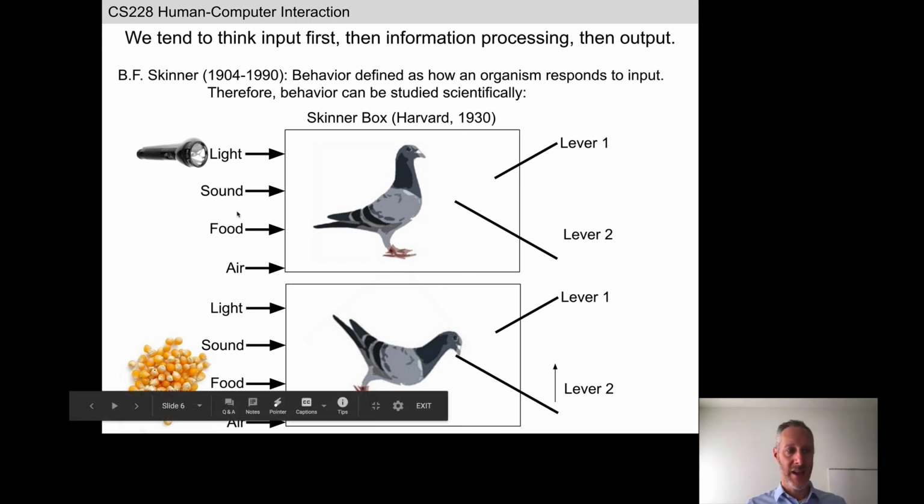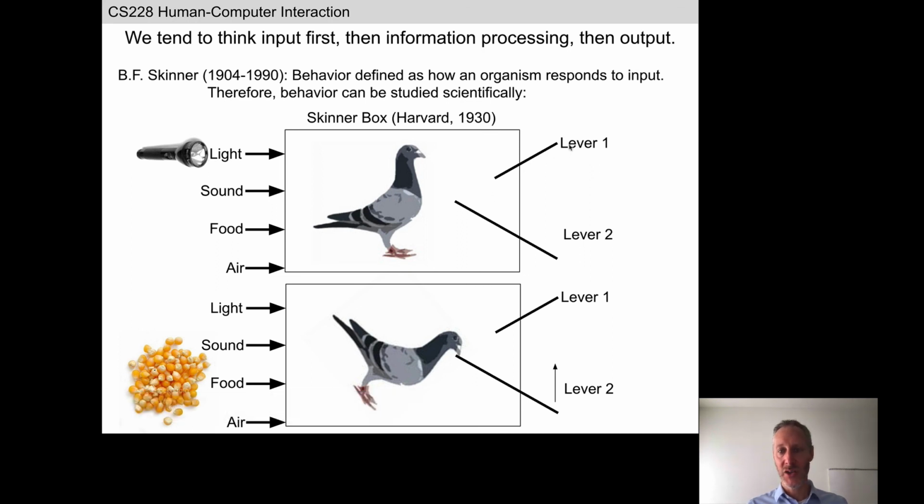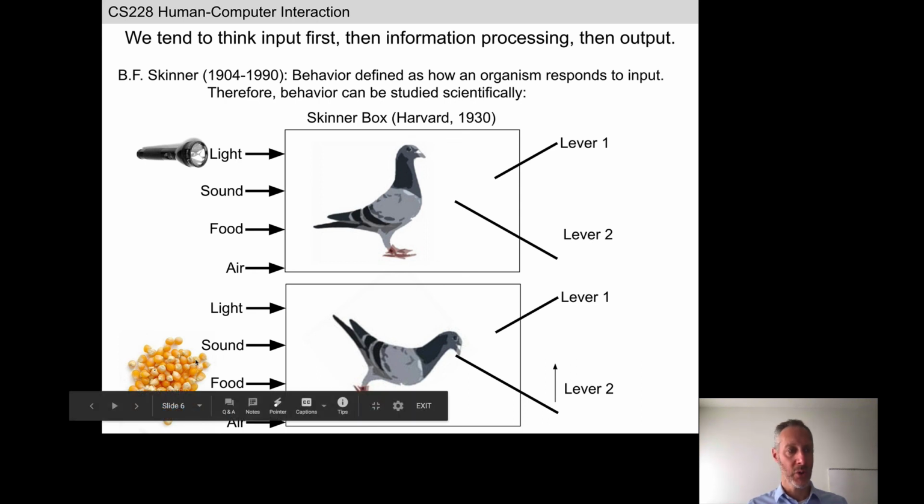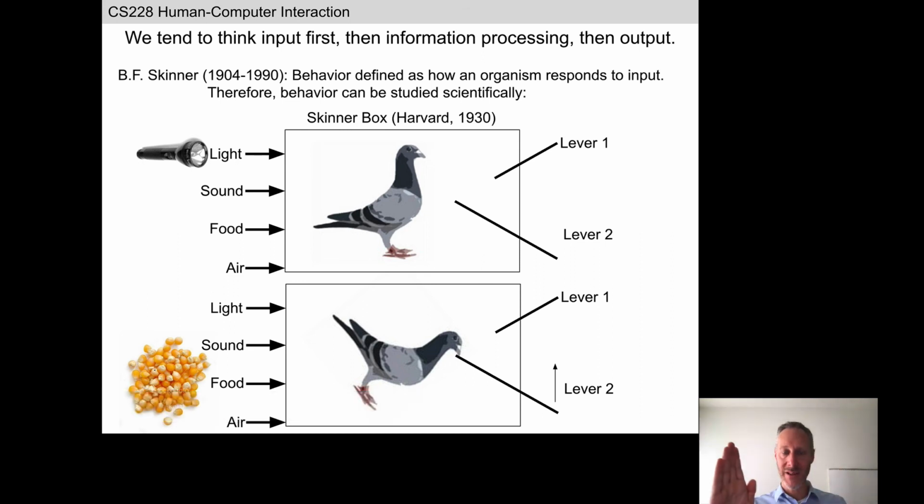Imagine I gave you a data set, which is the times at which we turned on the light, the times at which lever 1 and or lever 2 went down, and the times at which we input the food, and you were able to see those events occurring over time. What would you look for in the data to convince you that this animal is actually learning?